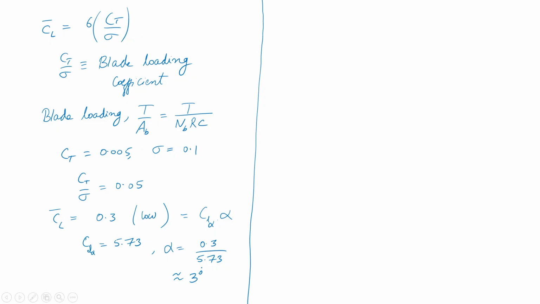Makes sense, right. So, I am at a low value of CL, so my operating angle is also fairly low. If I now go to CT of 0.01, double of this, immediately you can see my angle of attack will double to 6 degrees, right. So, in some sense it is going to give you a sense of your operating state of the rotor.